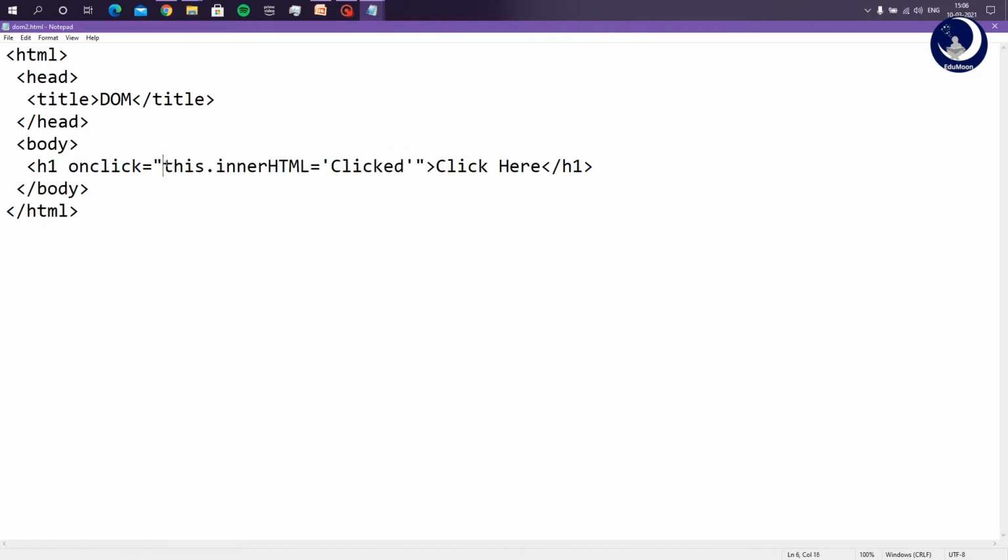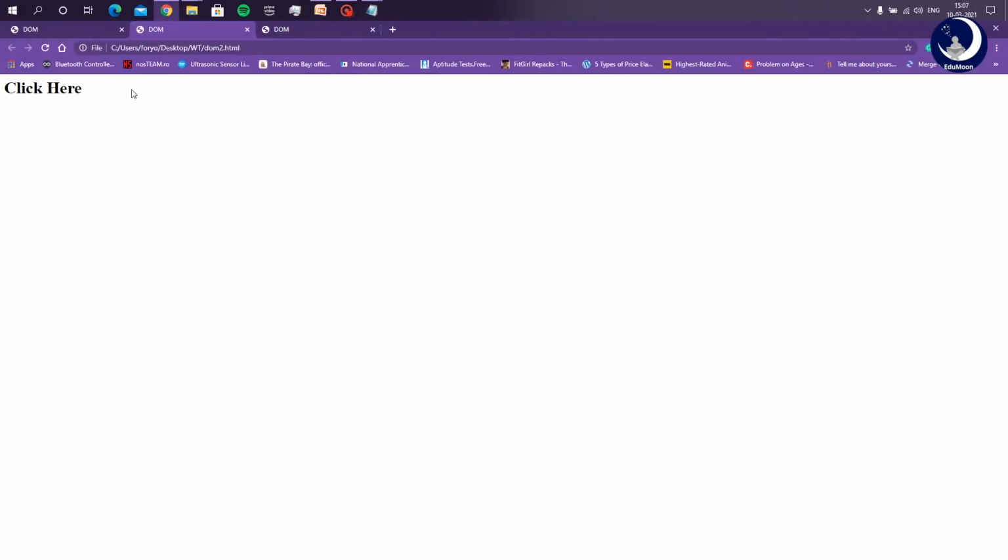So here, this refers to the element, which is h1, because I have used onclick inside of h1. So this refers to h1, and I want to change its content, so I've used .innerHTML, and the value assigned is clicked. So let us see the output and see what happens. This is the output. When I click on click here, it changes to clicked.